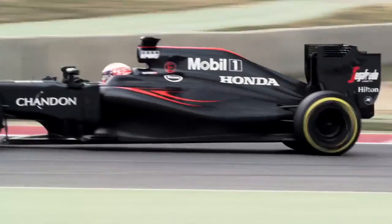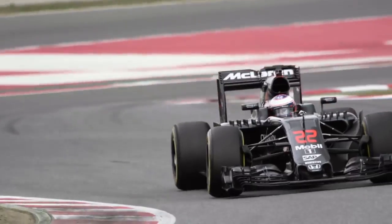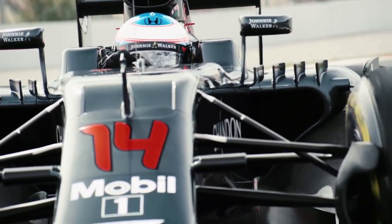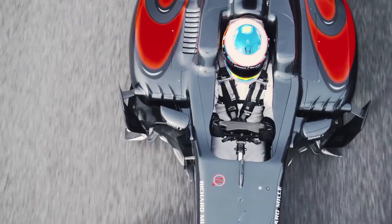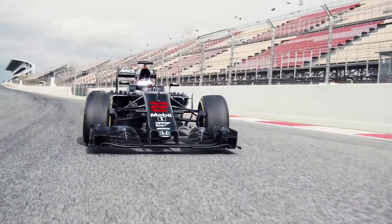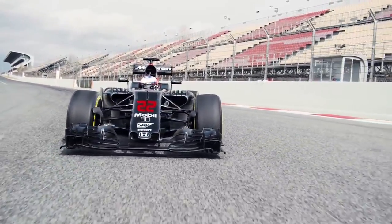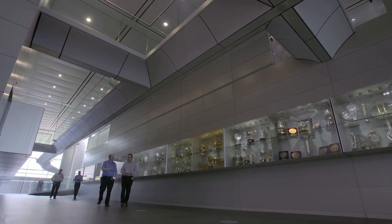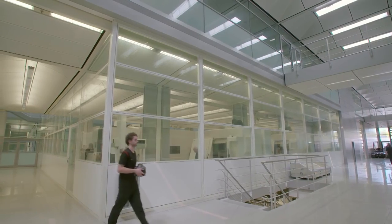A Formula One car does over 220 miles per hour and 0 to 100 in under 3 seconds. It's poetry in motion, but it all starts with the manufacturing of around 7,000 components. At the McLaren Technology Centre, a 280-strong team are responsible for delivering those parts and ensuring the MP4-31 is